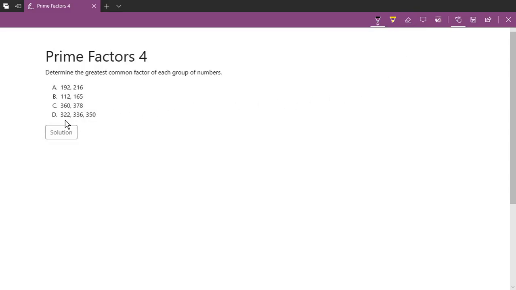And then the last question here, now we're dealing with the lowest common multiple of 3 different numbers. I'm going to be using the ladder method here again. So the numbers are 322, 336, and 350. And the procedure is exactly the same. The difference is that now we're looking for a prime factor to put here that all 3 numbers have in common. And all 3 numbers are even, so we can factor out a 2, which leaves us with 161,